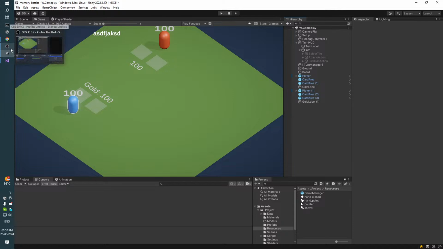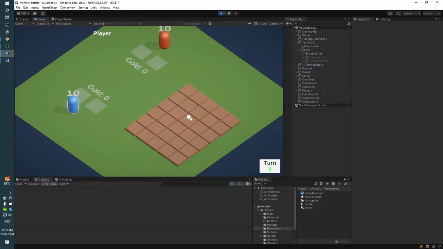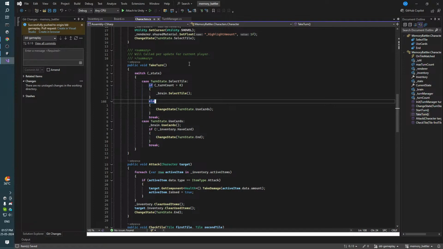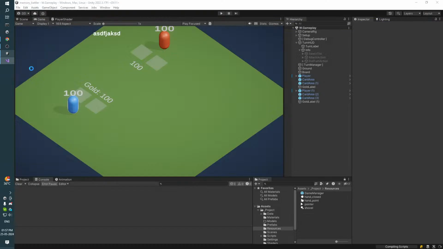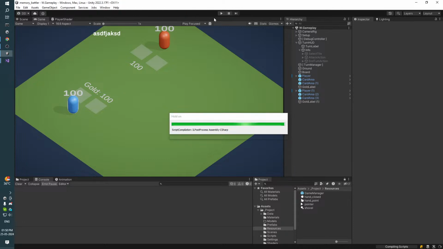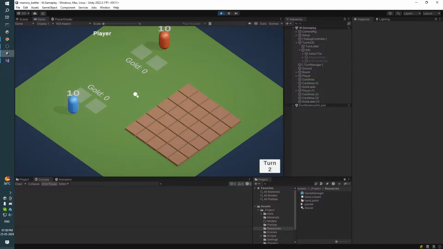Okay. So I made some changes here and there. Now we have turn count. I don't like the color green. Actually, let's remove the color. Yes, yes, I like that. So now in our game we have